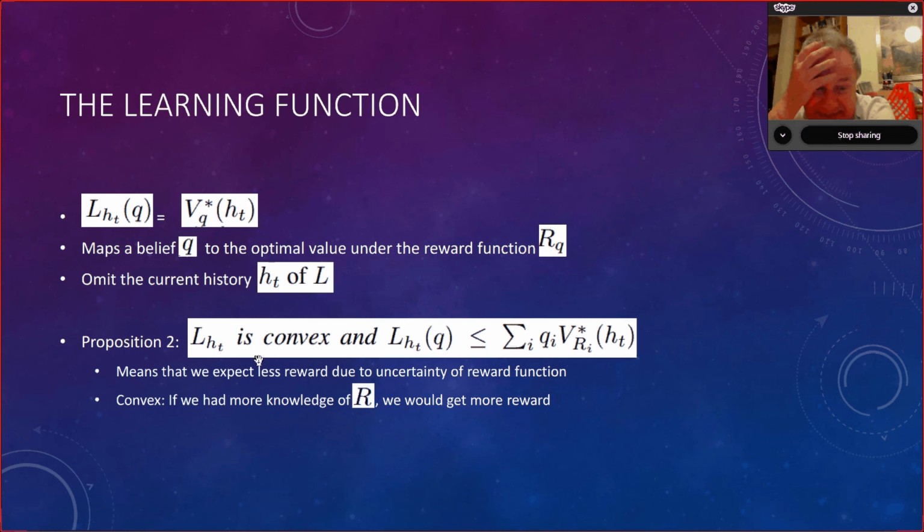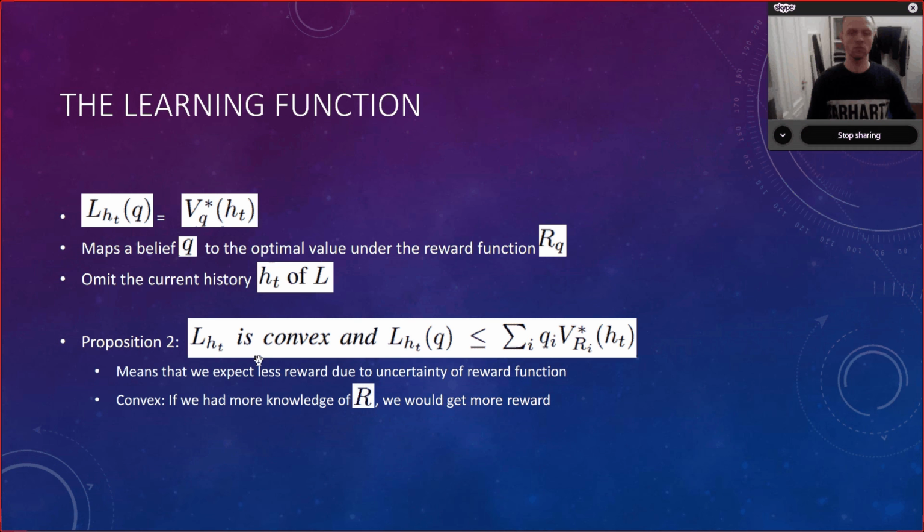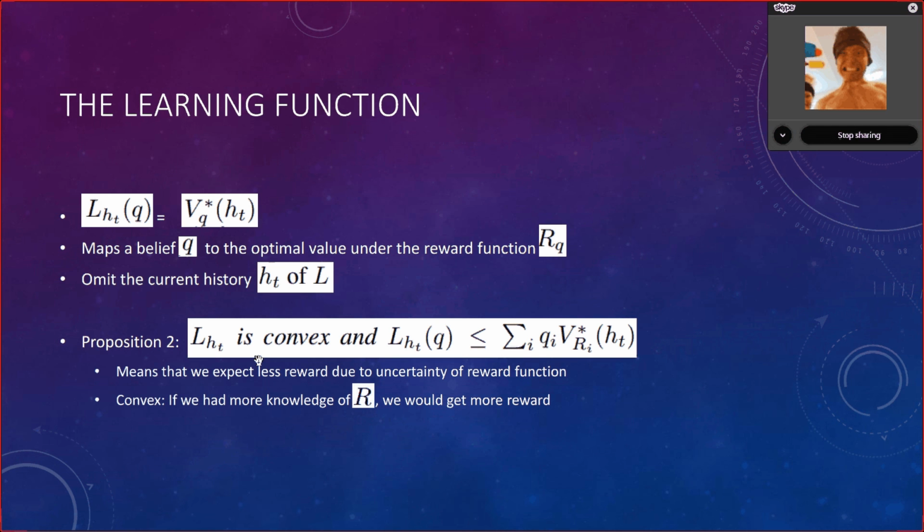Well, I would say it has definitely something to do with this, but I would actually say it's the other way around. The more you can specialize, the higher reward you might be able to get. If you can specialize in one particular reward function, let's say that the reward function is such that if you believe one thing is the reward function, you can get a really high reward by focusing exclusively on that. Then that might be a really good idea.